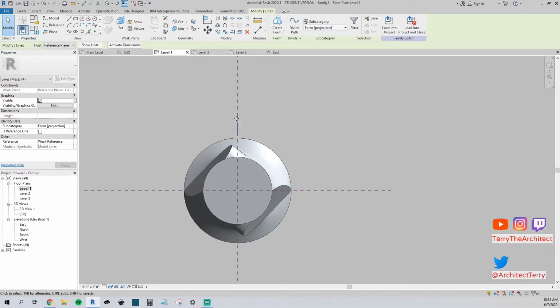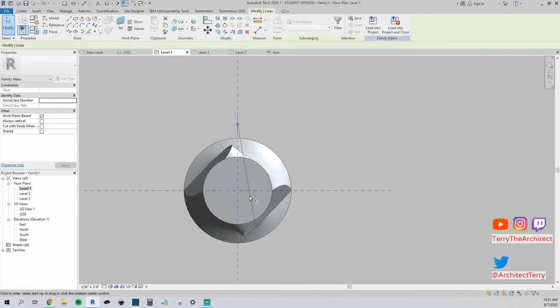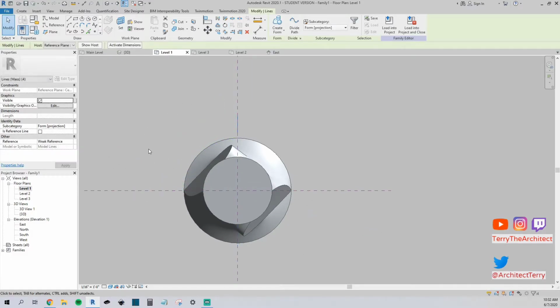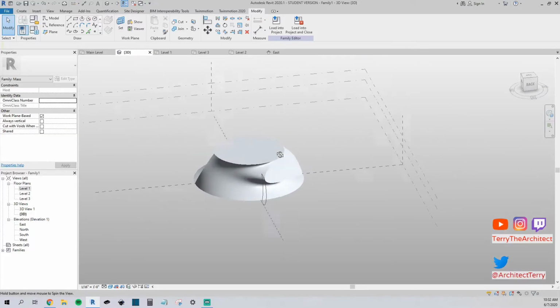If not, just locate it where it is on the plan and you'll be good to go. So next I'm going to rotate this over here. I want to rotate it on the center, so we'll hit place, come up here and select the plane that it's on, and then we'll click it, and then we'll click where we want it to be rotated to. So now if we go to the 3D view,